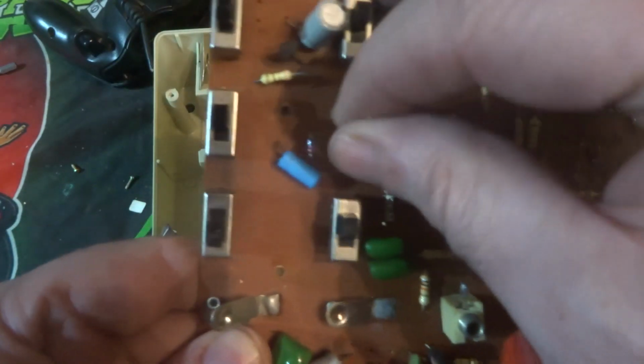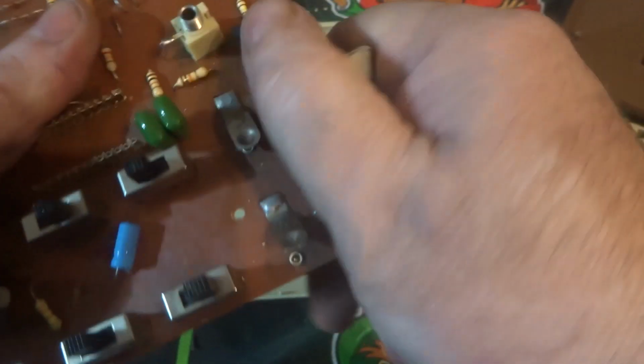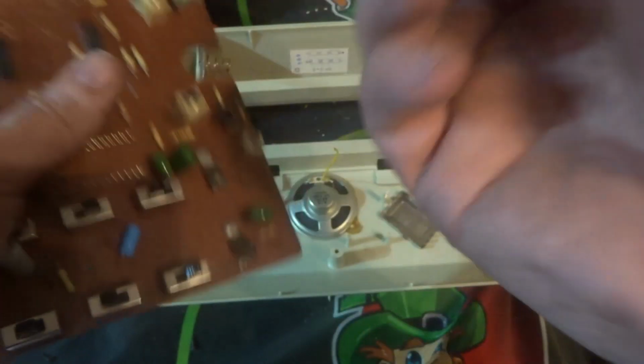So there's going to be a little bit of silver hopefully inside them, but we'll have a look at them in a later video. We have a nice big crystal oscillator of sorts, is it? It looks fairly big, so I'll take it off and we'll have a look. So again, just loosen it up. So, no, it's not a crystal oscillator, but